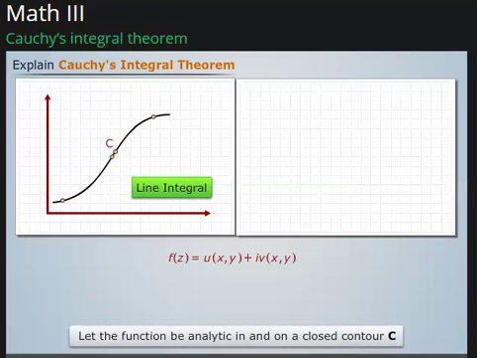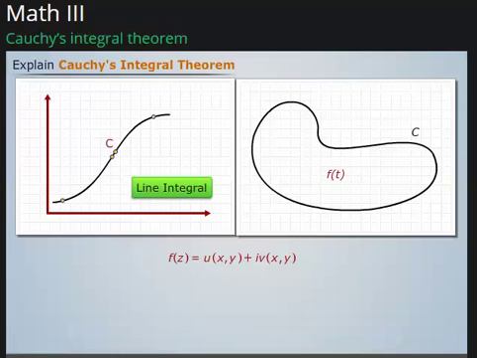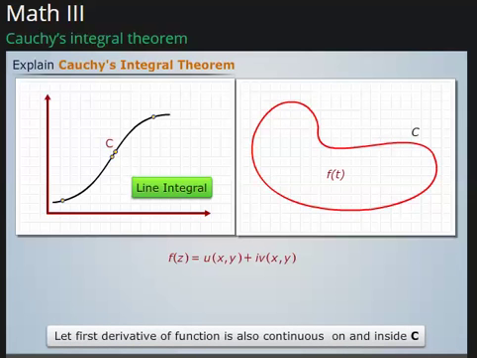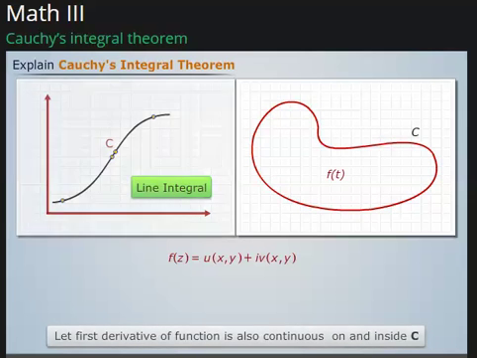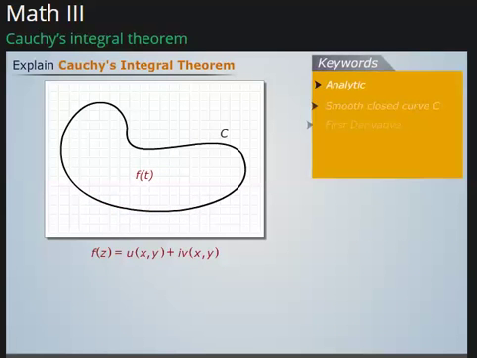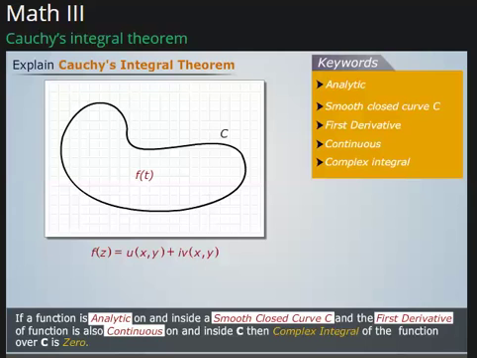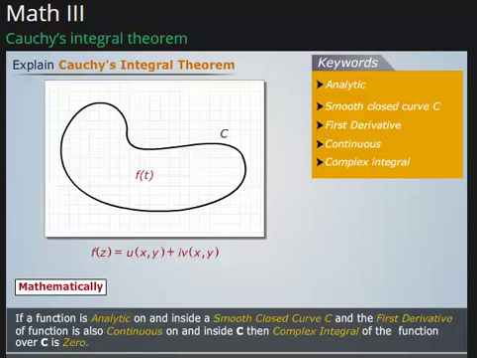Let the function be analytic in and on a closed contour C. Let the first derivative of the function also be continuous inside C. Then according to Cauchy's integral theorem, if a function is analytic on and inside a smooth closed curve C, and the first derivative of the function is also continuous on and inside C, then the complex integral of the function over C is 0. Mathematically, it is represented as. Related terms are